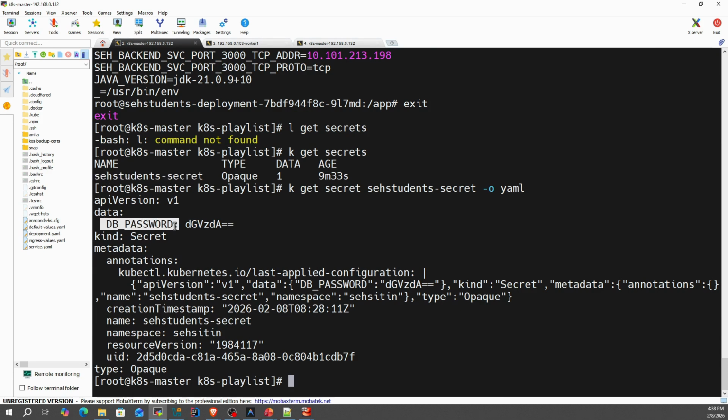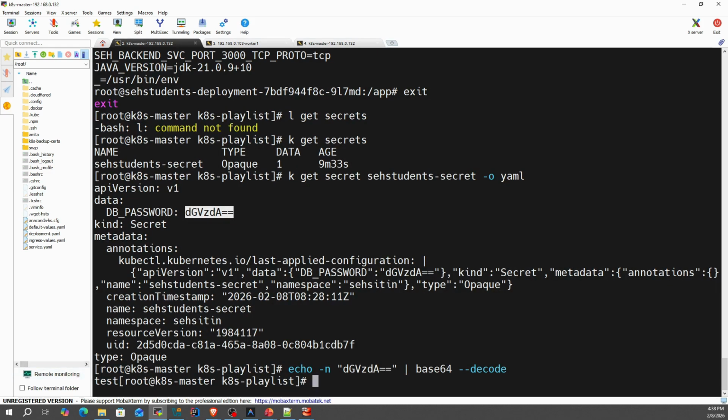Please note Kubernetes secrets are base64 encoded, not encrypted. That means the value can be easily decoded. For example, if I do echo -n and then this base64 value, pipe base64 --decode.